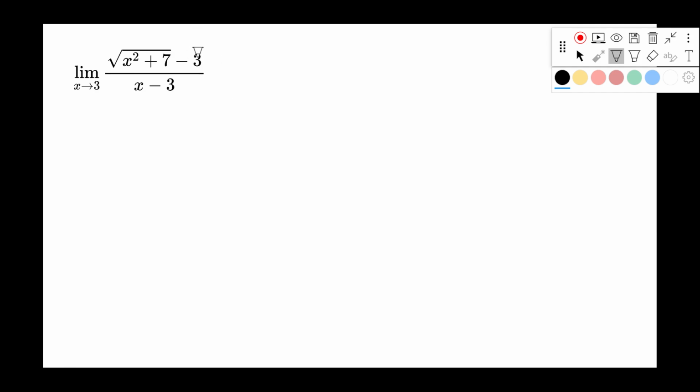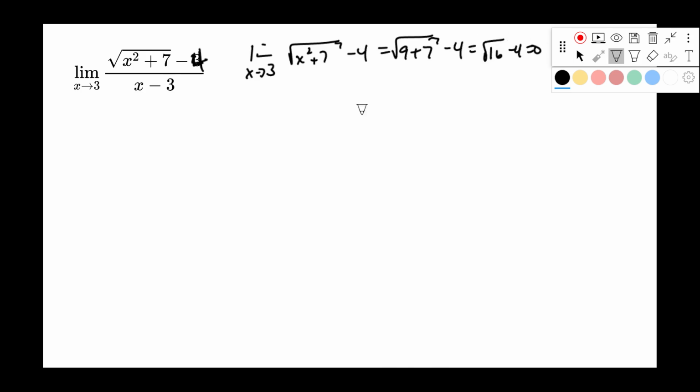Okay, so there's a typo in this one here. We want to make that a 4, not a 3. All right, so now let's try it. You'll see what happens. The limit as x goes to 3 of the square root of x squared plus 7 minus 4 gives me the square root of 9 plus 7 minus 4, which is the square root of 16 minus 4. That's 0. On the bottom, sure enough, of course, you get 0. That's 0 over 0 and indeterminate. So we're going to try to